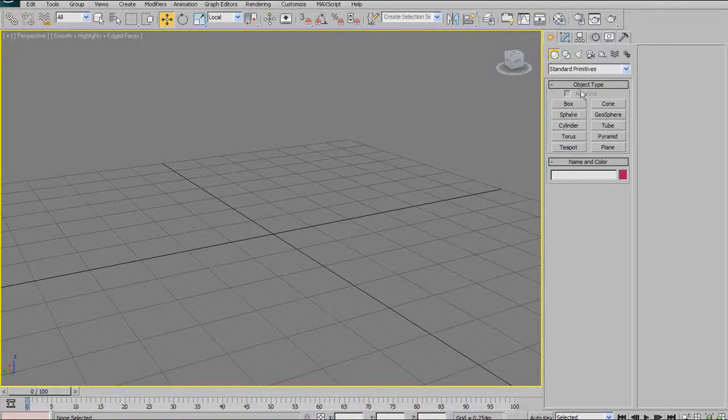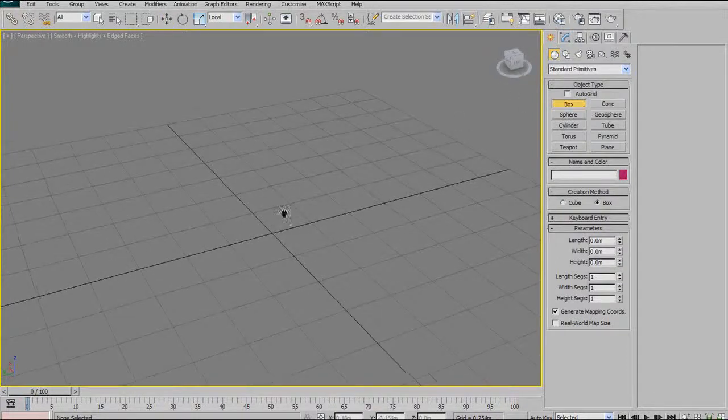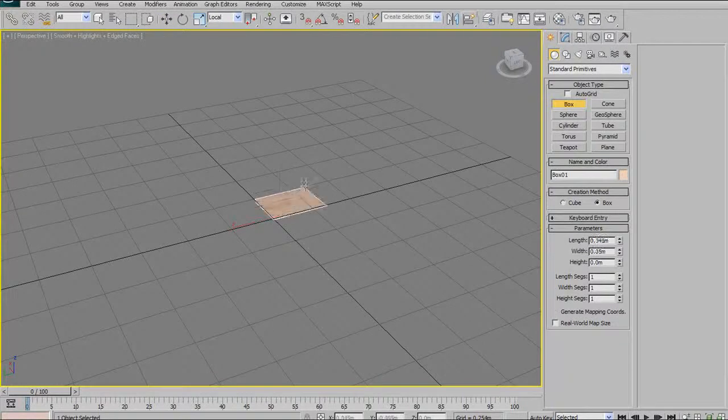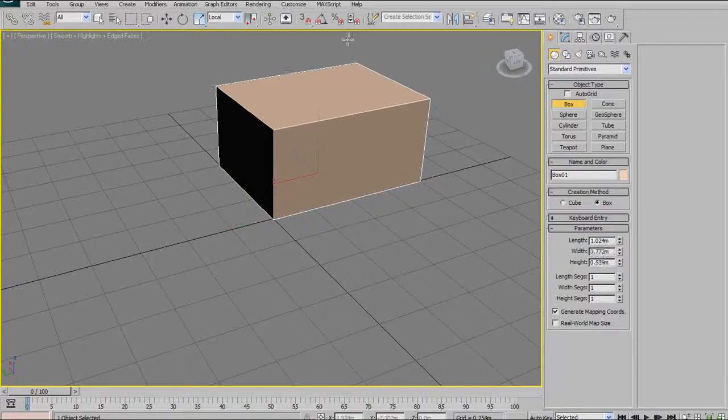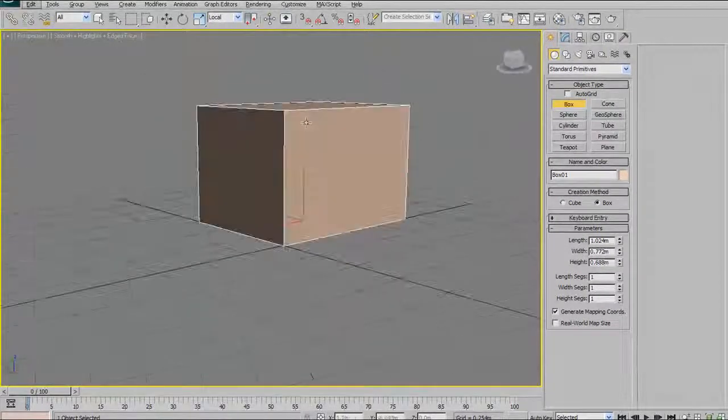Under standard primitives, to create an object, you just click the object. I'm going to use a basic box. And then you just click anywhere in your viewport, hold down with the left click, and drag it out to get one dimension, or rather 2 dimensions, and then let go of the left click and drag it vertically to get the 3rd dimension. And that's how you get your box. Now, you'll notice that